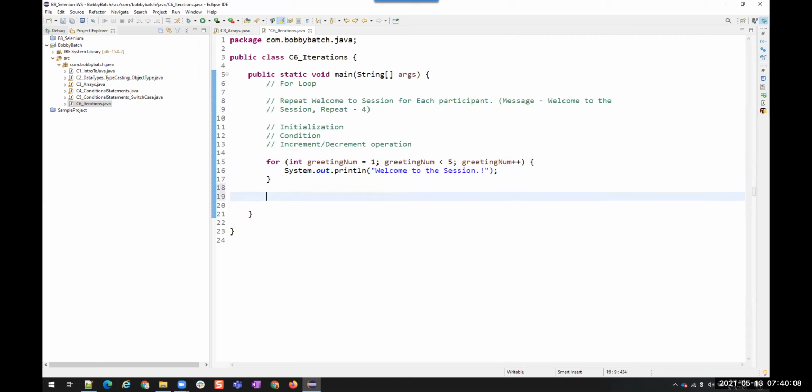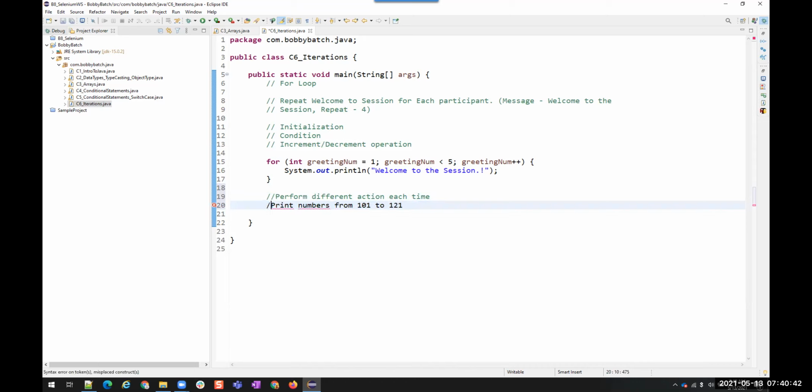Now here I did the same operation multiple number of times, but now I want to perform a different action each time. For example, I want to print numbers from 101 to 121.